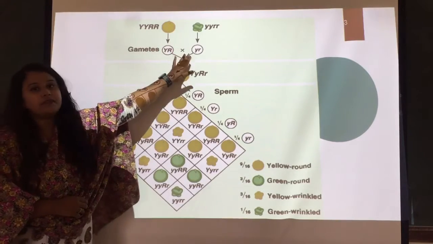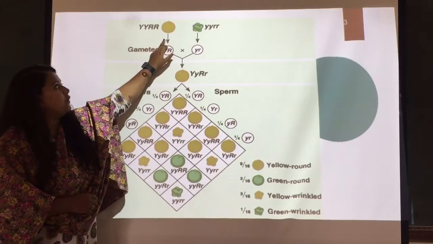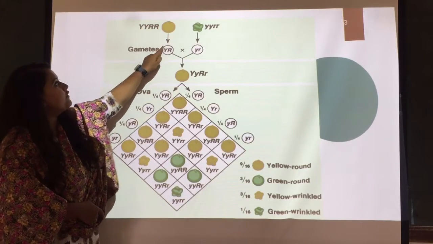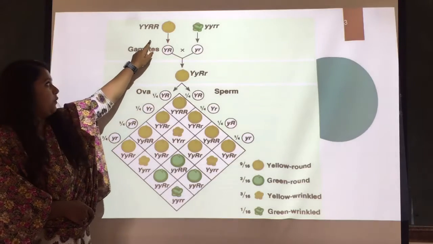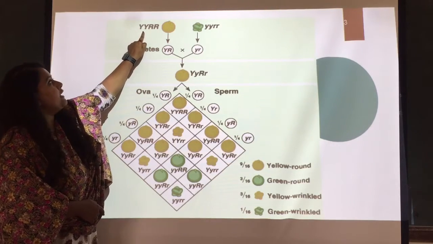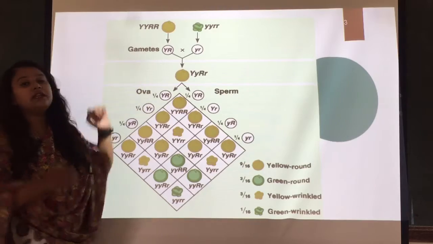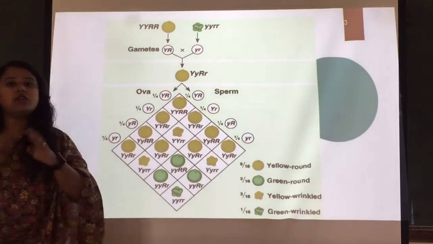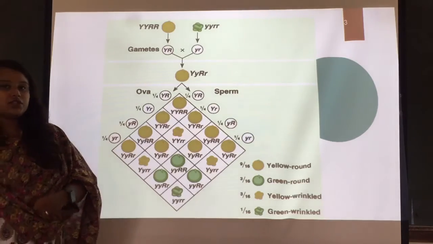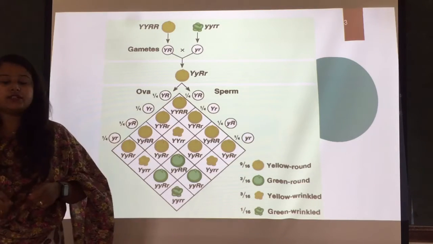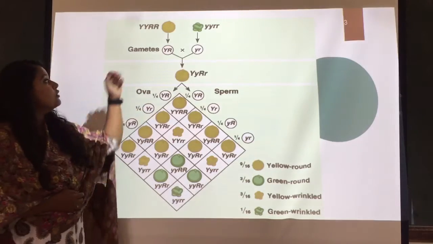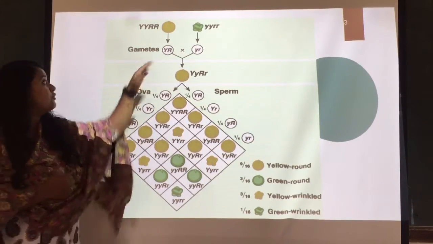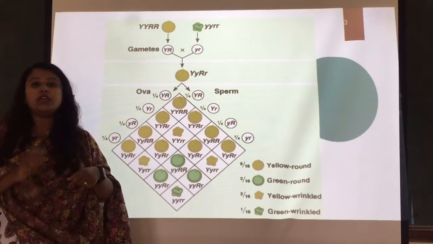These are the parents, right? This is the yellow and round. You can see the color of this seed is yellow and the shape of this particular seed is round, right? So here capital Y, capital R depicts what? Yellow round. Here you can see the seed is not round in shape, but it is wrinkled in shape, right? And the color of that seed is green, right? So this particular seed is going to depict another contrasting trait, and that will be wrinkled green.